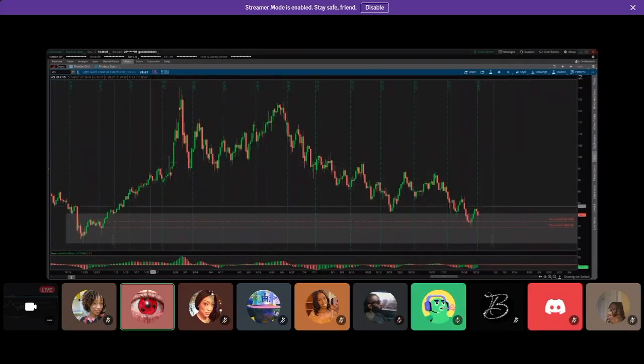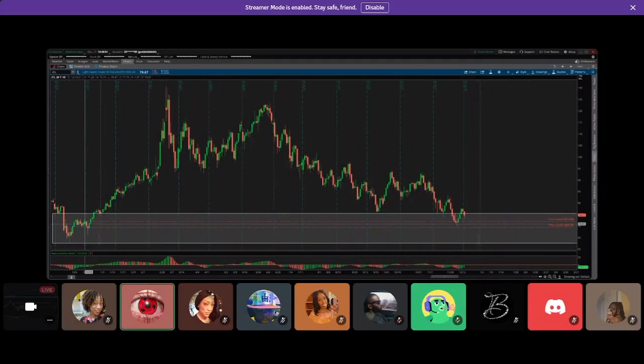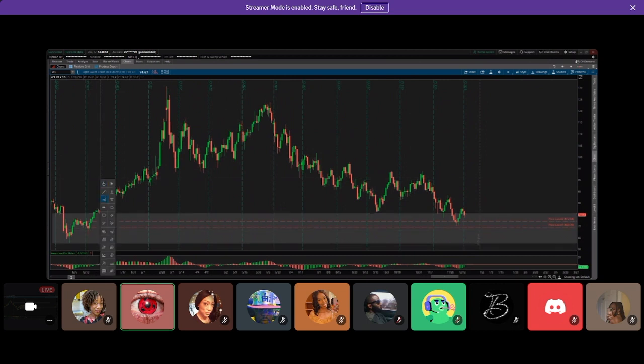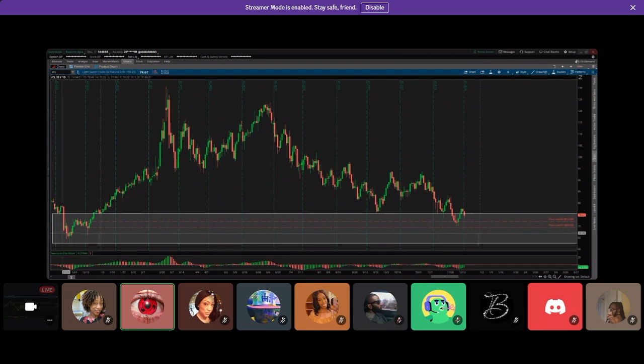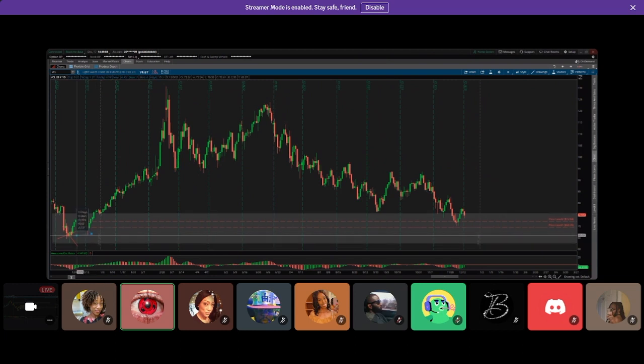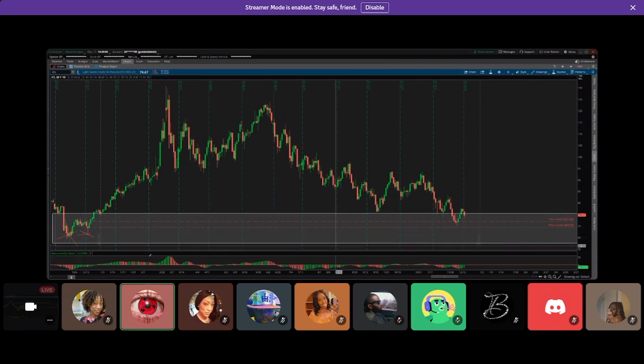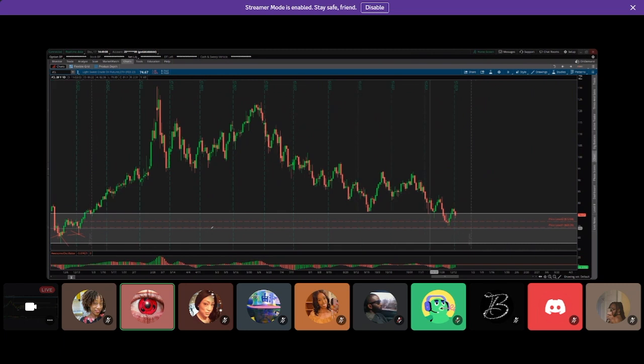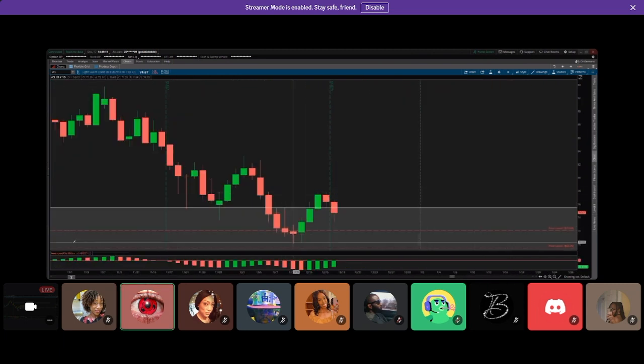So basically, we went into the daily demand here, which is a weekly, and if you can see, we got the creation right here, right? Then it popped up, confirming the move. So all I did was wait for the same thing to happen over here. We came down,